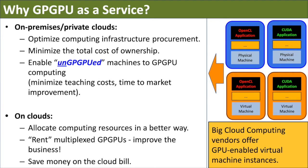It's a very good solution for demanding computational loads to be executed one shot on clouds, and these enable the allocation of computing resources in a better way, even the rent of GPUs, but this is still not multiplexing. While GPU as a service, in the vision of what is presented here, could be interesting